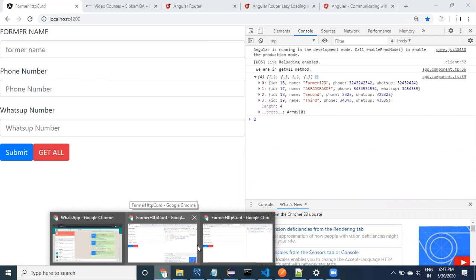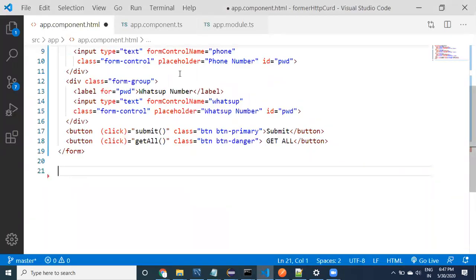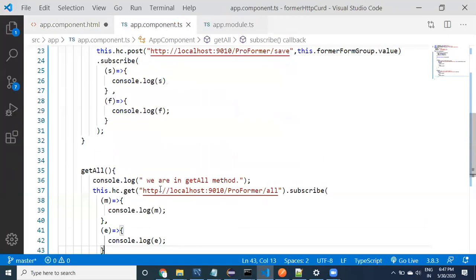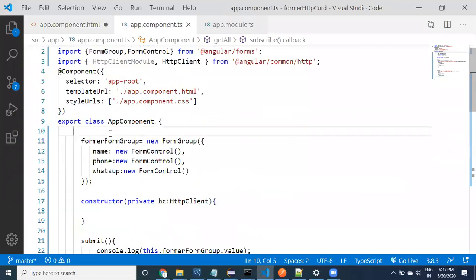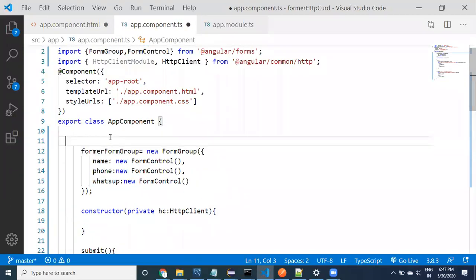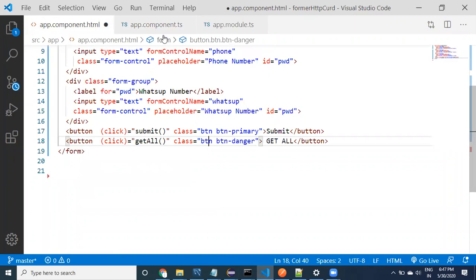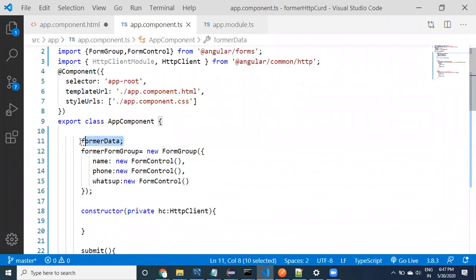First, I'm going to take a property. Go to the TS file, and if data is available in the property, then the property data can be displayed in the front end. For that, I'll add a property, farmer data. You see here, guys, this is going to be the farmer data. What type of data do you want to take? You may specify, you may not specify. For now, no problem. Okay, I have taken this property, farmer data.